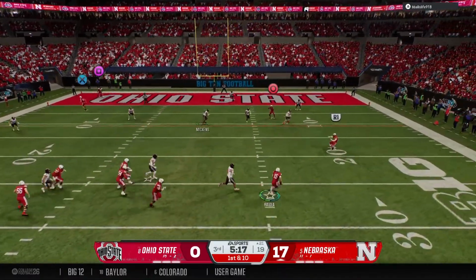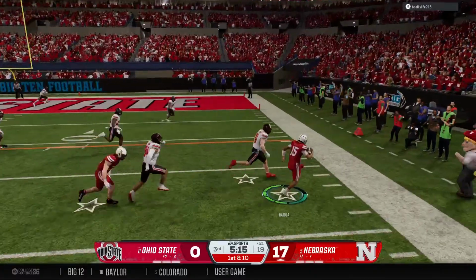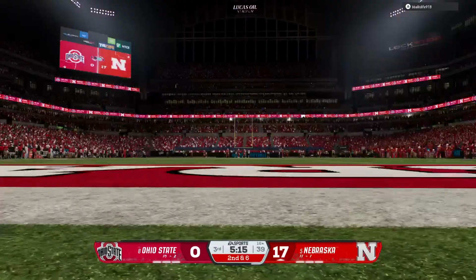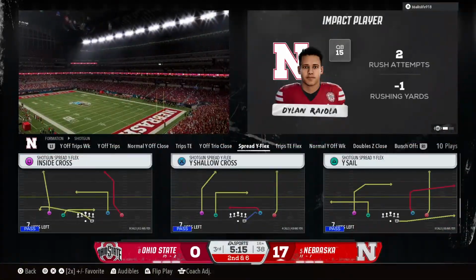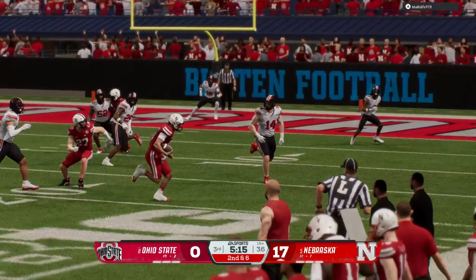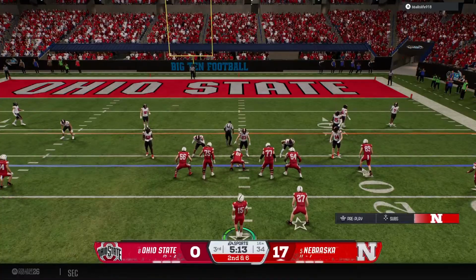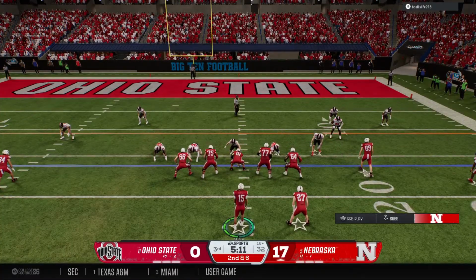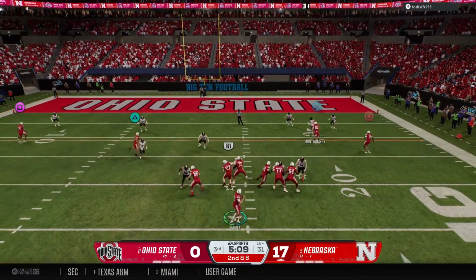The pass rush closing in. He's looking to scramble, and he decides to step out of bounds, avoiding the contact. Doesn't have enough for the first down. Well, he was close to getting to that corner and picking up some big yards, but the defense does a good job of getting him out of bounds. What's the play call here on second down for this offense?